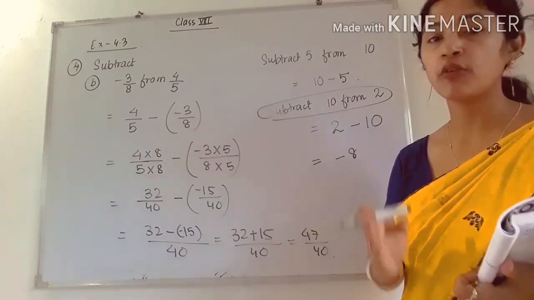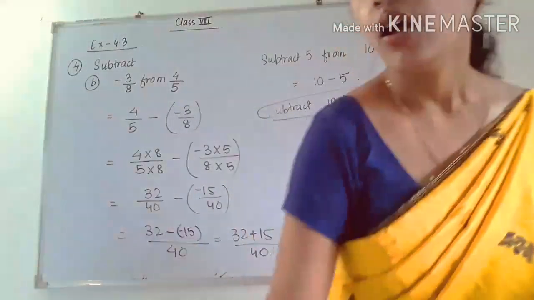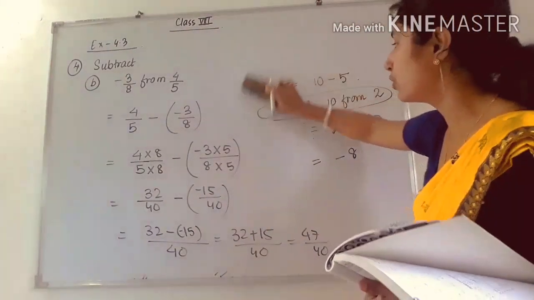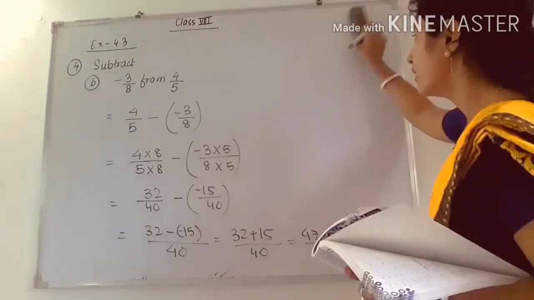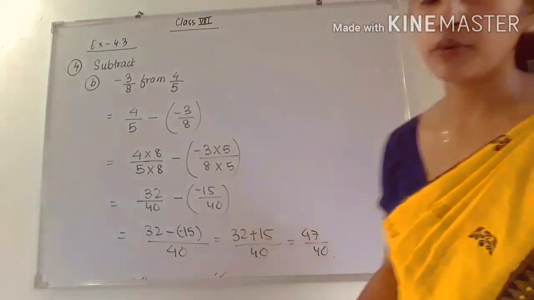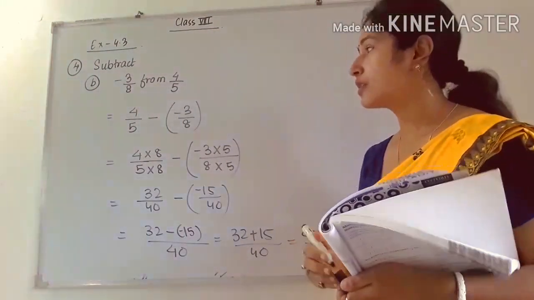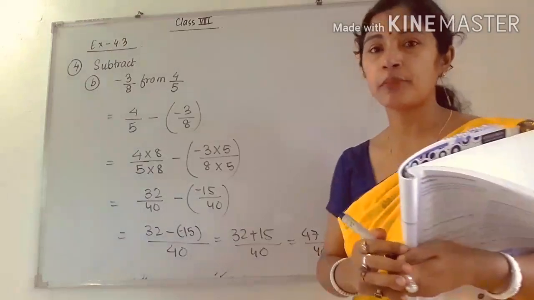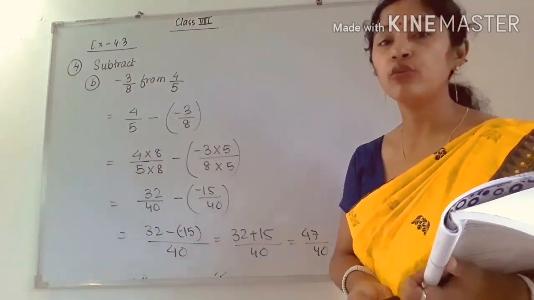That means the first number will be 4 by 5. Okay, so I have done it in this way. There are more ways of doing it, but just remember the one way. If you have any doubt further, you can ask me also. I will give you another way. But see here, this is the simplest way and this is the most acceptable. Even when you go to higher classes, you have to do it like this.